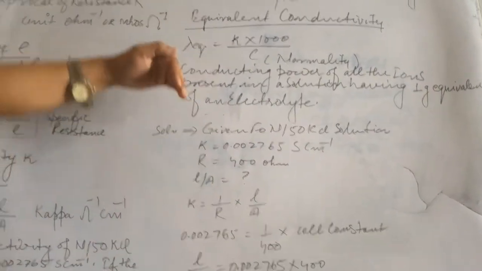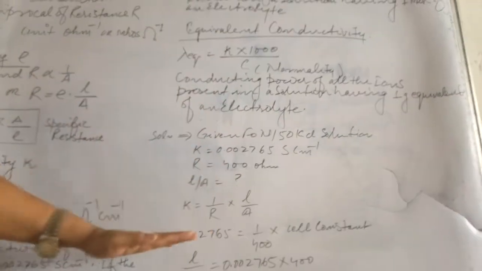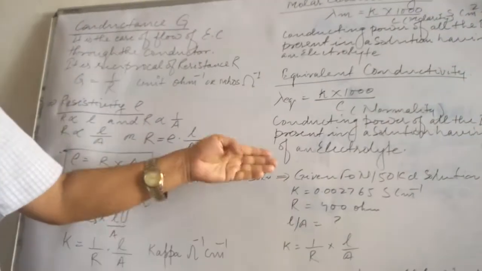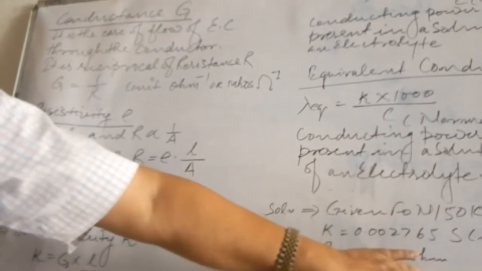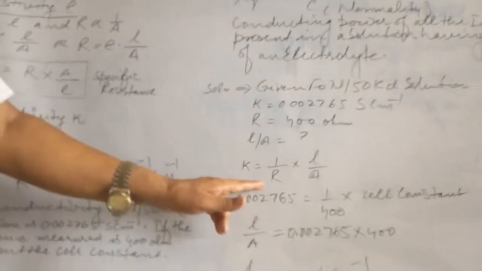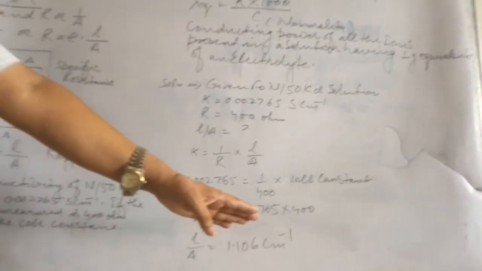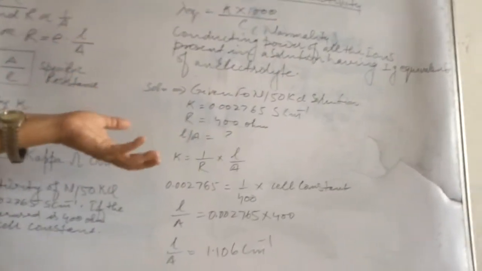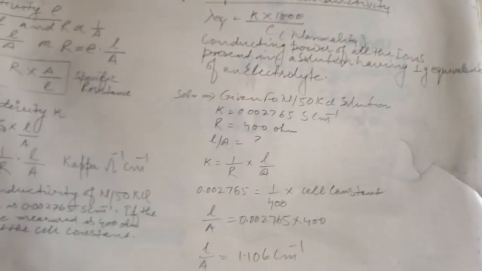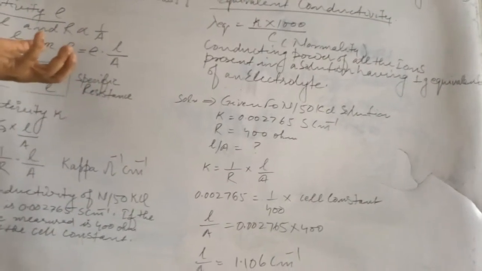And in numericals there is step marking. You should write properly the data given, then the formula used, then finally the calculation. Suppose this numerical is of 2 marks, then you will get half a mark for the data, 1 complete mark for the calculation, and half a mark for the unit. So ultimately step marking will give you weightage. And children, this chapter electrochemistry is a very scoring chapter. You will score more and more marks from this chapter.